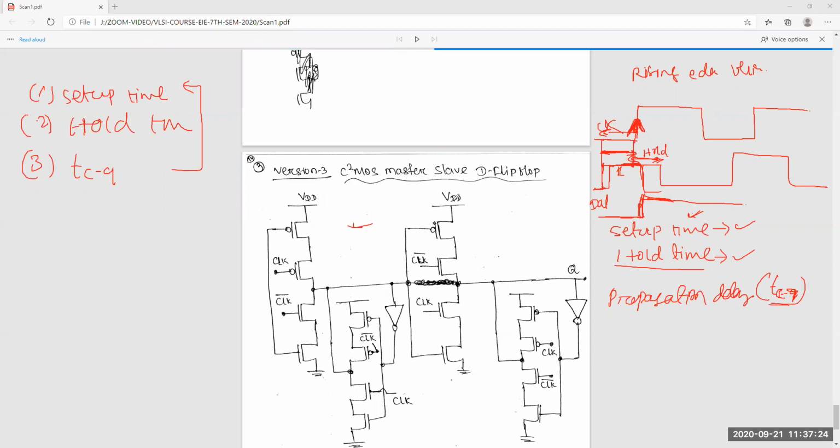Remember this, and you can also think about why it is, how it is. If I give clock 1, D 0, different trials, you can play with this and also draw in your copy what the timing diagram is. If you understood that point, then you will understand this setup and the whole timing also. So, clear?